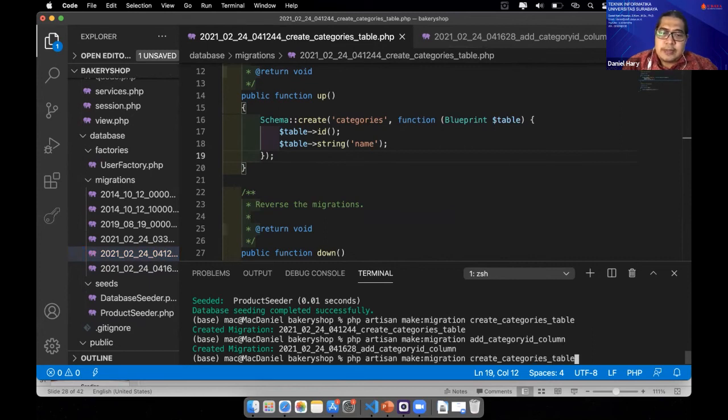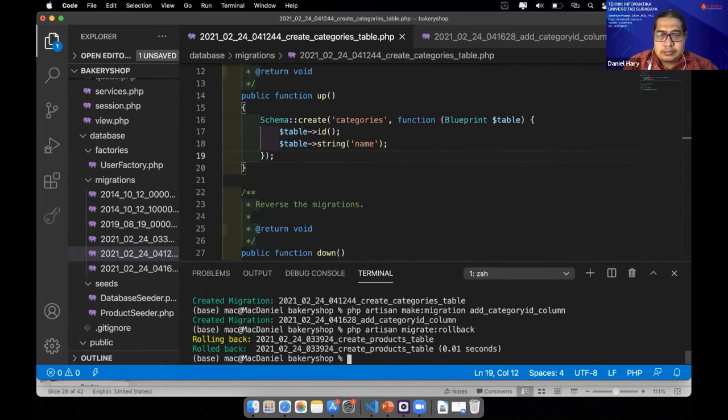So run migration, PHP artisan migrate:rollback, because we have to recreate the product table. Okay, this one, product table, just rolling back.